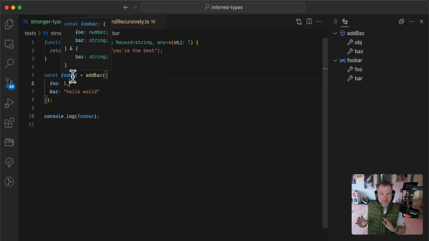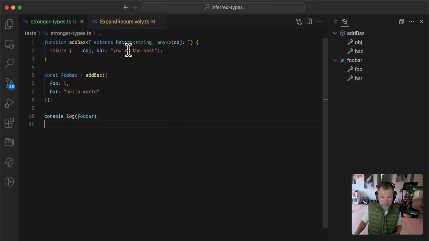So with generics, and also the ability to say that a generic must at least do this, we are getting some additional inference from our function. Our addBaz function is better than it was, but we're going to make it better still. And we're going to now aim at the kinds of types that we're getting from addBaz.